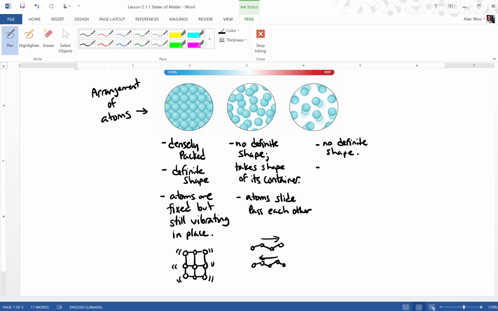They spread out. Okay, so atoms spread out to fill a container. And we describe the movement of these atoms to be random. So atoms move randomly